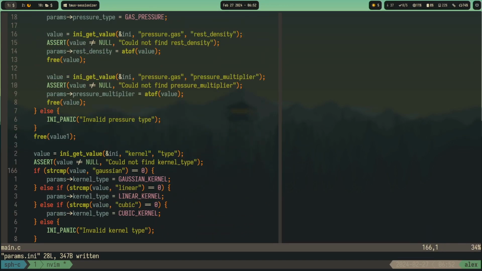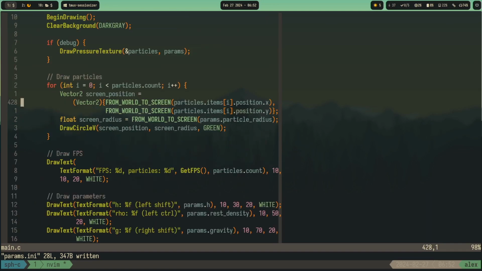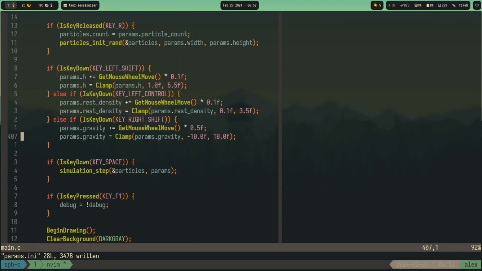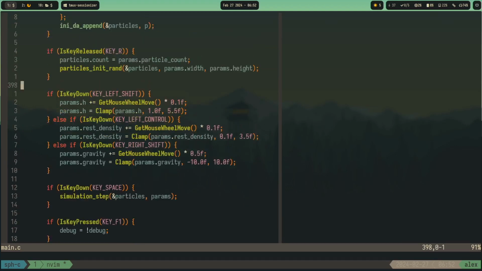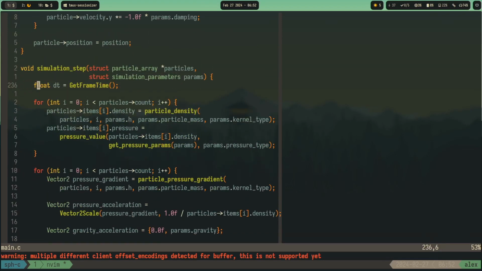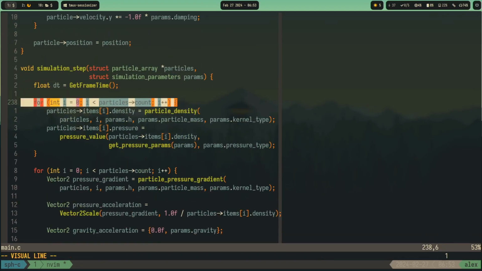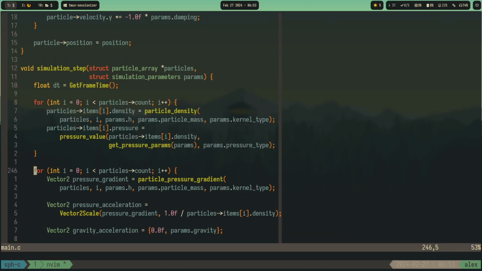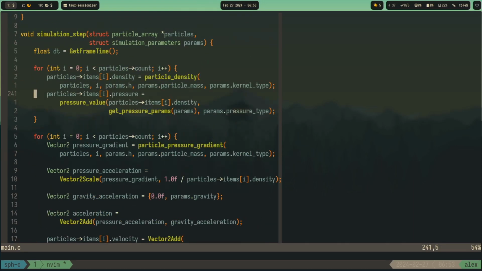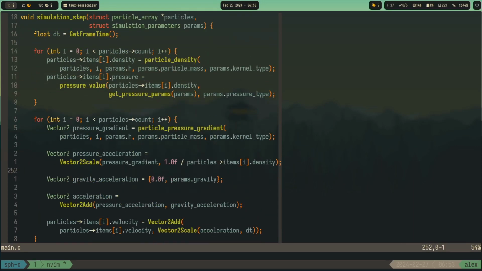And let's see. The function that's causing us some trouble, let's say, is this simulation step, right? This is what we want to optimize. So let's see what's inside of it. We have this for loop that calculates the density and pressure, some classic stuff for particles. Then we have another for loop that calculates the pressure gradient, let's say, and that's mainly the direction where we